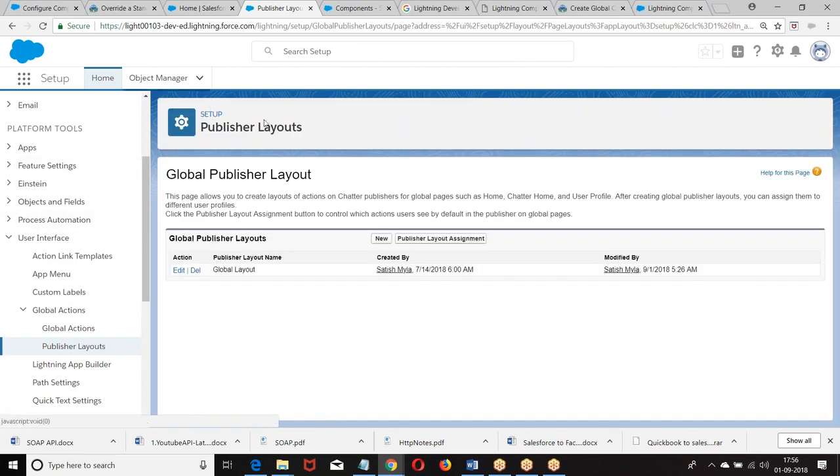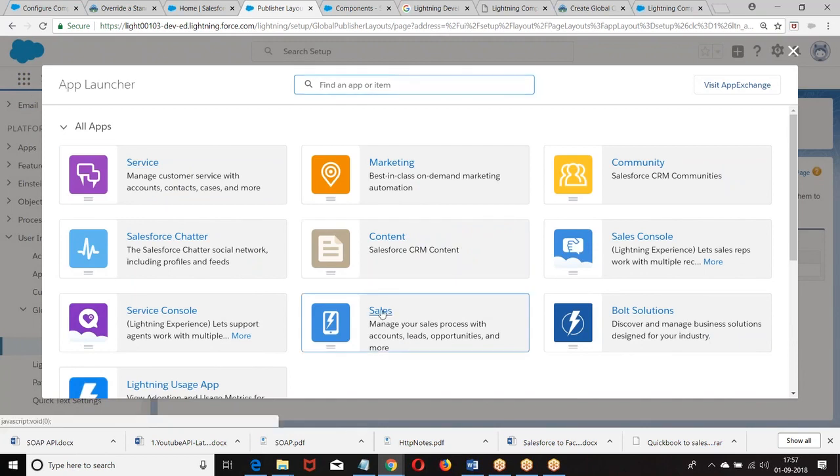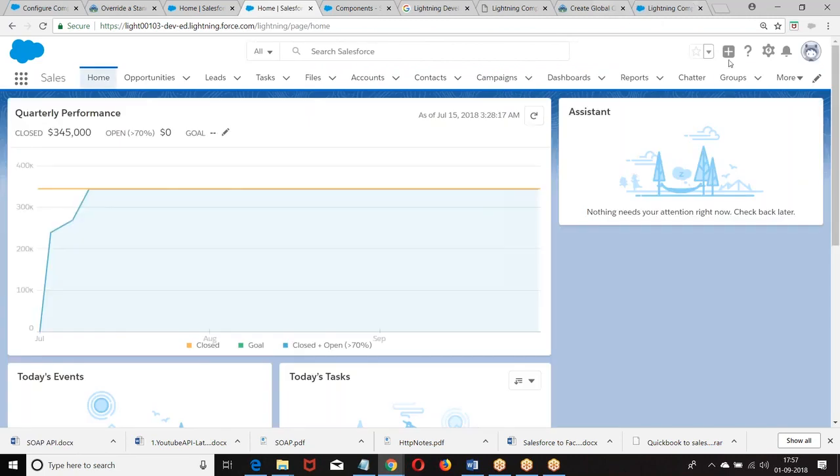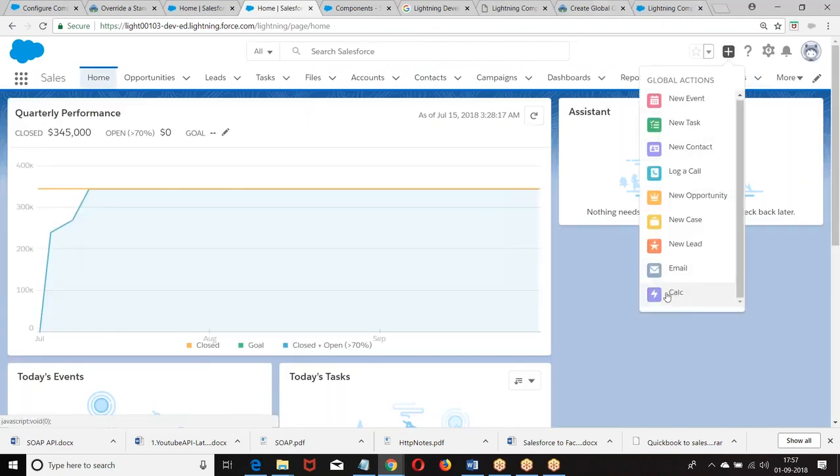It is not yet added. Yes, now we moved it. I created the action, but I have not published it. So what is the mistake I have done? I created an action and added it in the page layout, but did not publish it. So we are supposed to create a global action, publish it, then go for it.